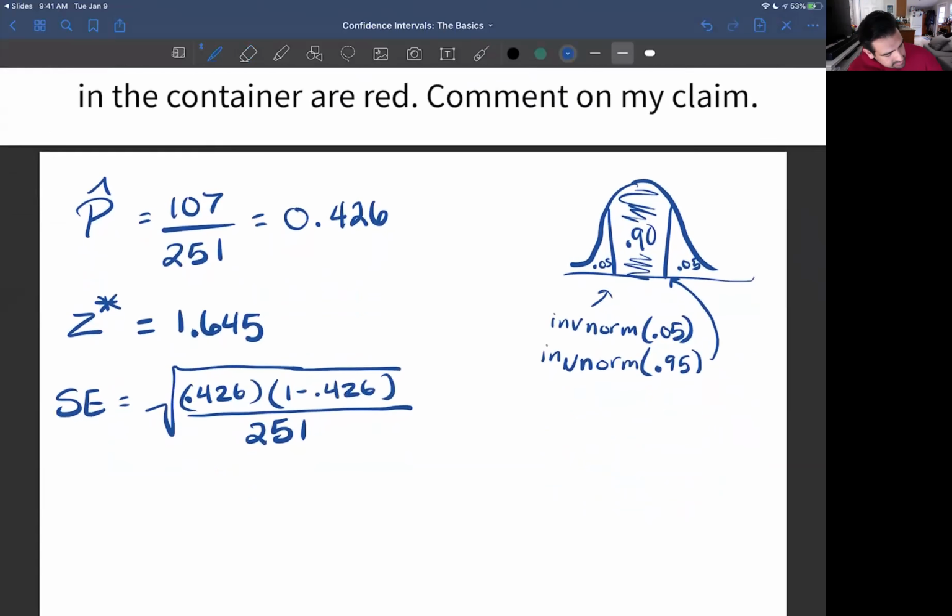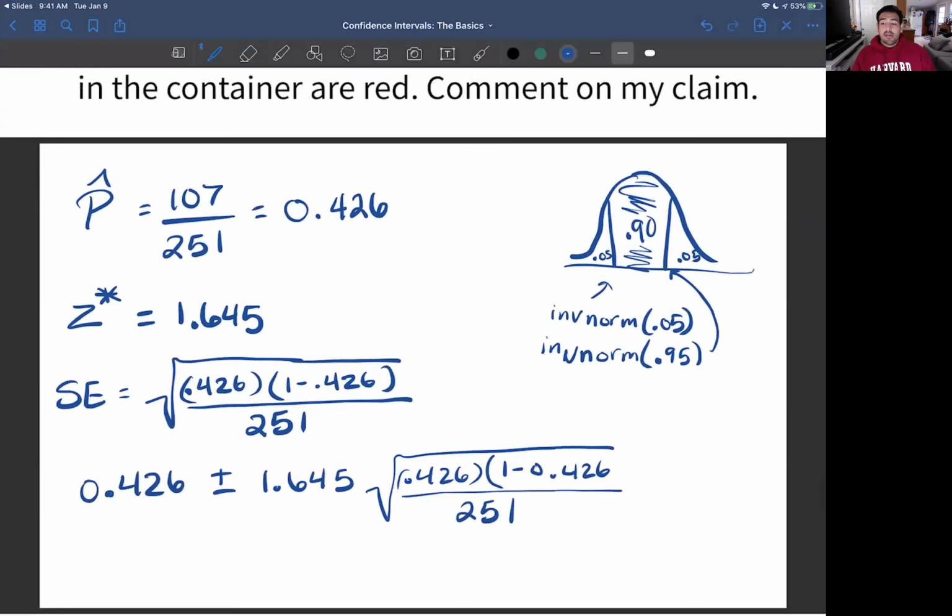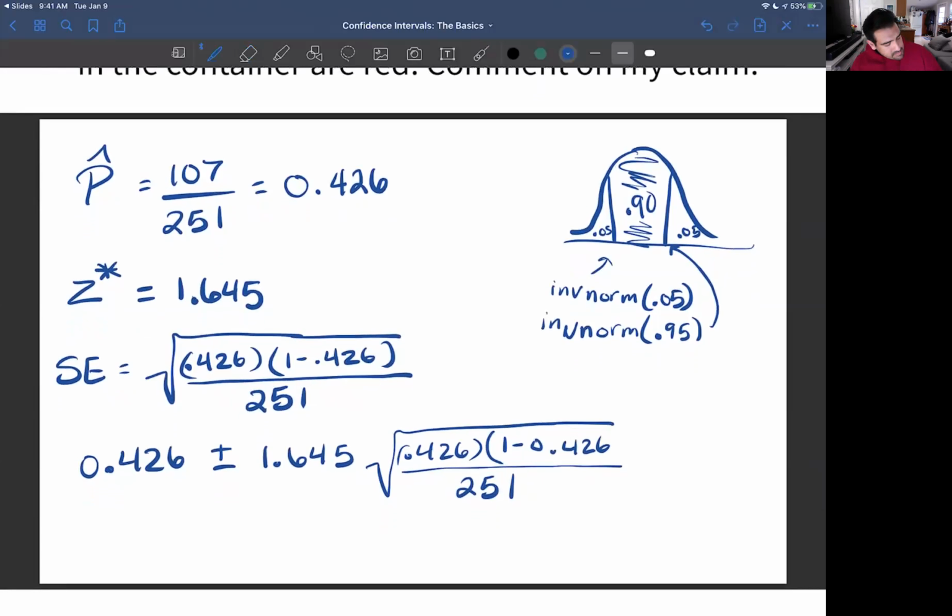So putting this all together, I've got 0.426 plus or minus 1.645 times the square root of 0.426 times 1 minus 0.426, divided by 251. This gives me 0.426 plus or minus 0.051, telling me that my confidence interval is